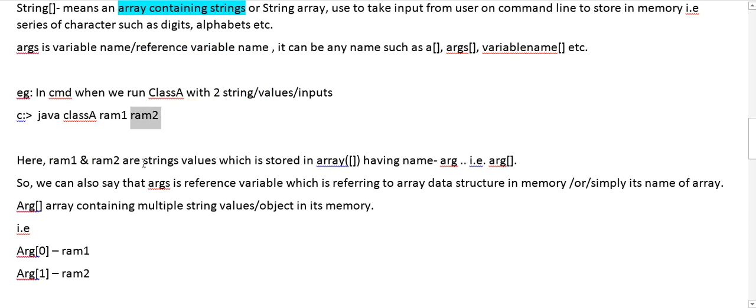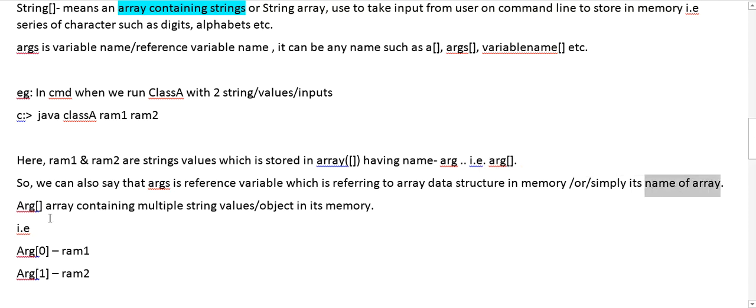So here ram1 and ram2 are string values which are stored in an array having the name args. So it is the name of an array, and we can also say that args is a reference variable which is referring to an array data structure in memory, or simply you can say it is the name of an array.